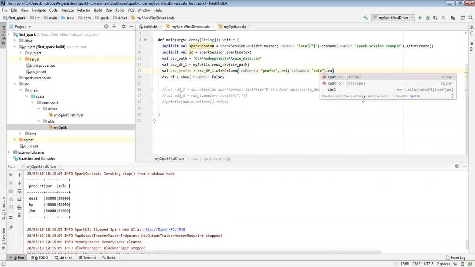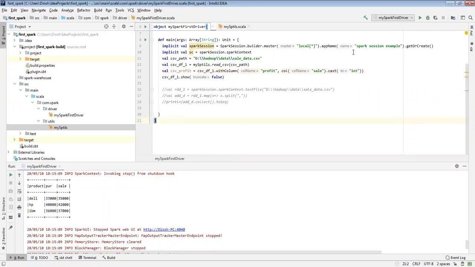Whether it is string or integer, I don't know, so I just cast it to integer. Then in the same way, minus col, purchase.